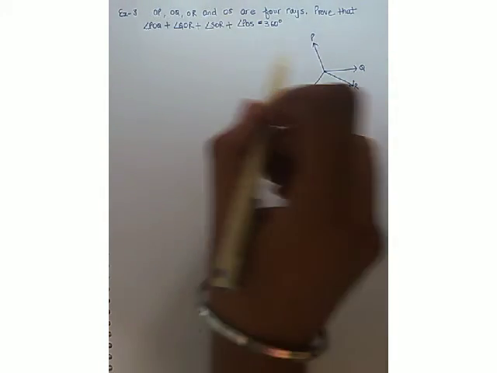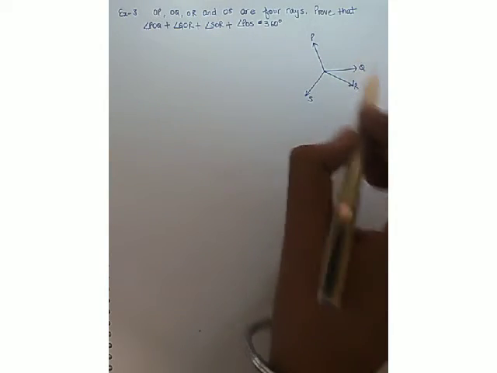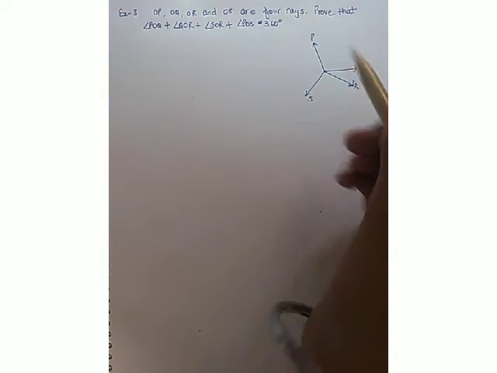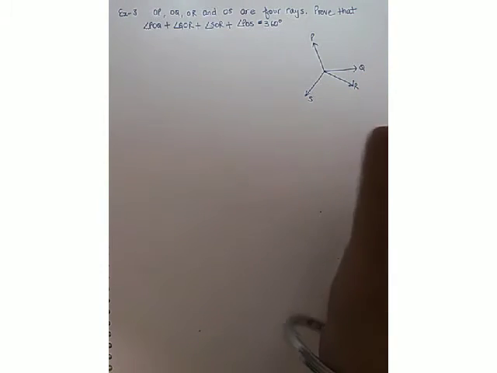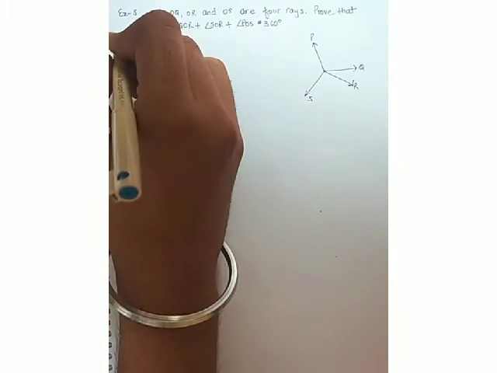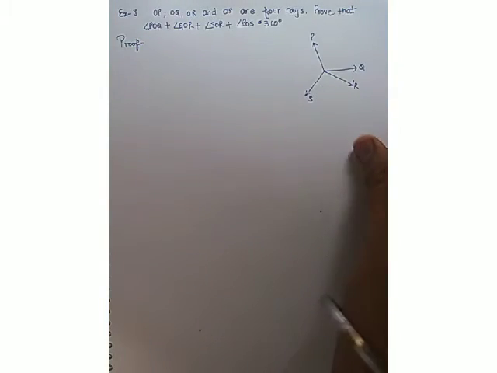Now just look at the figure. If we want to find the sum, we have to find the angles first, but in the figure there are only rays. There are no vertically opposite angles, there are no adjacent angles as well, because there is no line. We cannot also apply the linear pair concept, so that is why we have to make a line. So in this sum we will be doing some kind of construction.